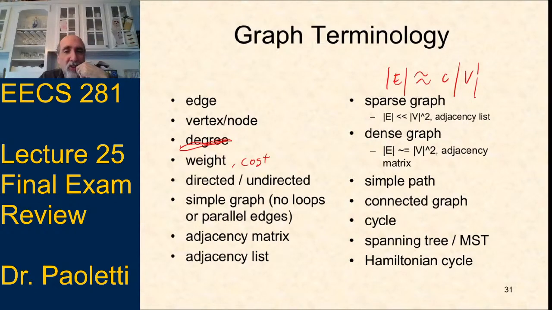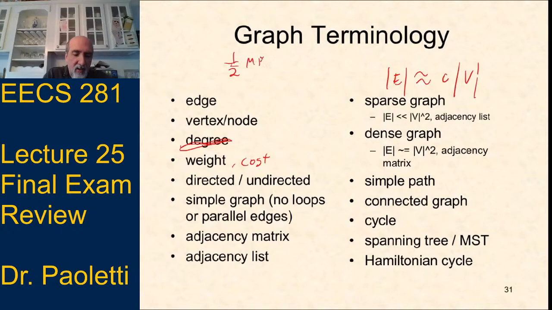So it's proportional to a constant times V, not V times V. So either one of those definitions works to get the idea of sparse across. It's either much less than V squared or it's approximately equal to a constant times V. Whereas in a dense graph, the number of edges is proportional to V squared. And like I said, when I talk to students in office hours about Project 4, Part A, if